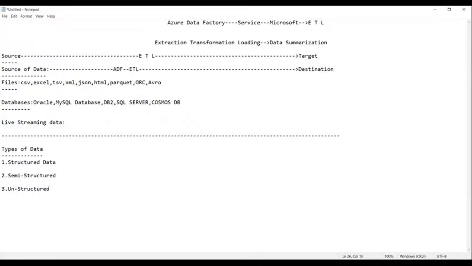Unstructured data. So these are the three types of data we can have: structured, semi-structured, and unstructured. Okay, guys. Now let us try to understand what exactly structured, semi-structured, and unstructured data are. So, guys, structured data is nothing but data that is already